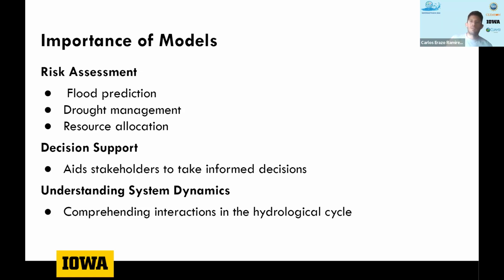What is the importance of models? What we're trying to do is risk assessment, so trying to make decisions at the right time with the tools that we're creating, the analytical information that we have at our disposal for flood prediction, drought management, resource allocation. And what do we do with this? Well, we have decision support for people who make decisions, for many of us. That means policymakers,